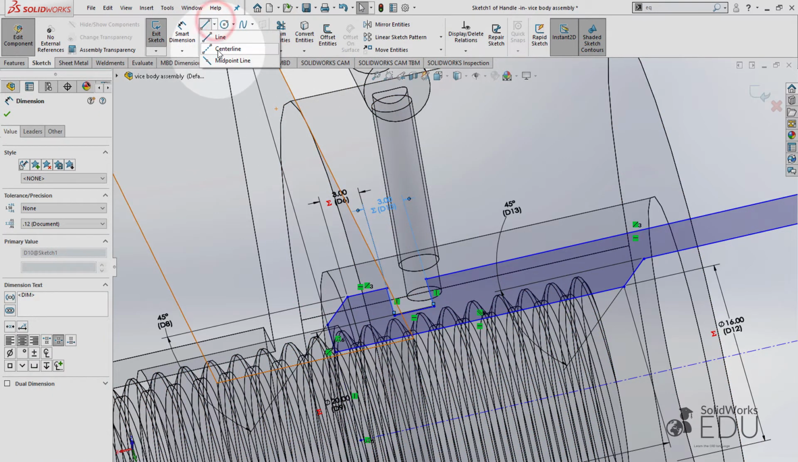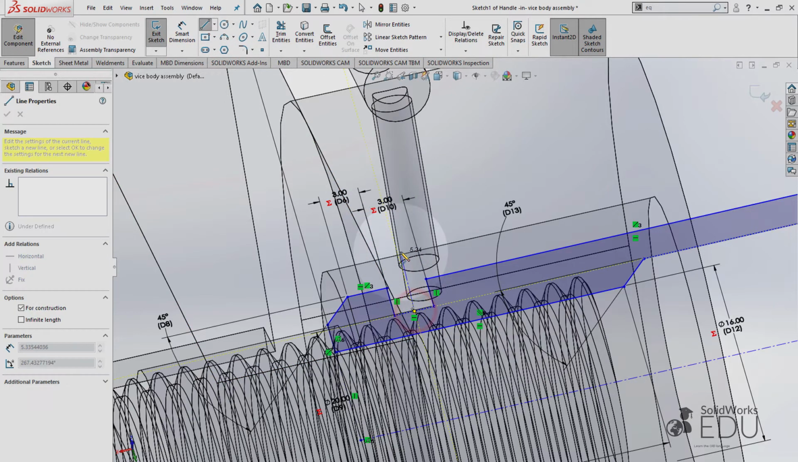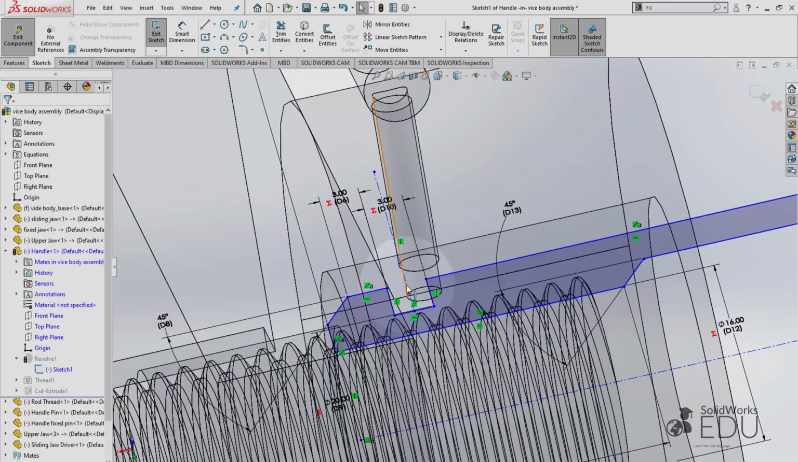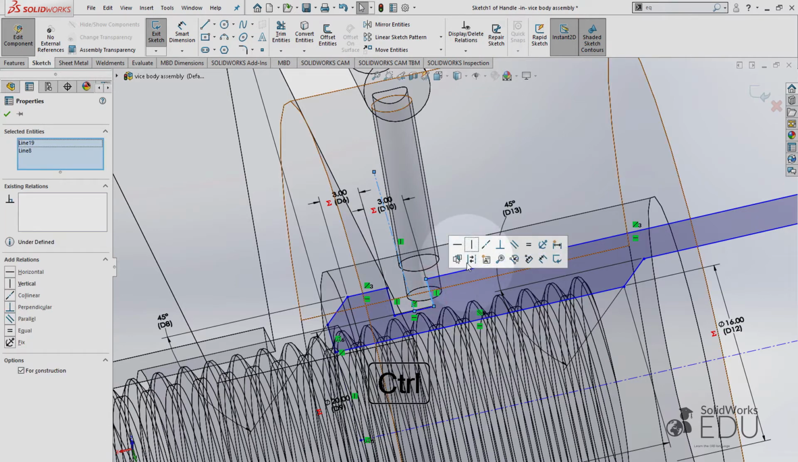select the center line in the midpoint here, straight line, select the center line, hold Ctrl key this line here, make them parallel,